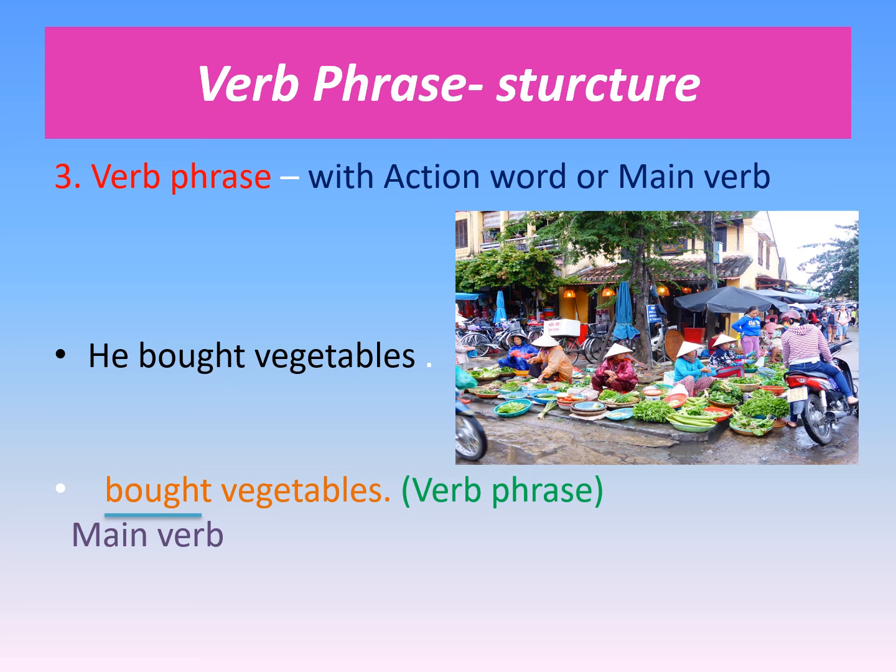Students, have you understood the structure of the verb phrase? So, we have three types of verb phrase structures. First one, verb phrase with an auxiliary verb. In this, two varieties are there: verb phrase with an auxiliary verb as main verb, and verb phrase with an auxiliary verb as helping verb. Second type, verb phrase with modal auxiliary verbs. Third type, verb phrase with action word or main verb.